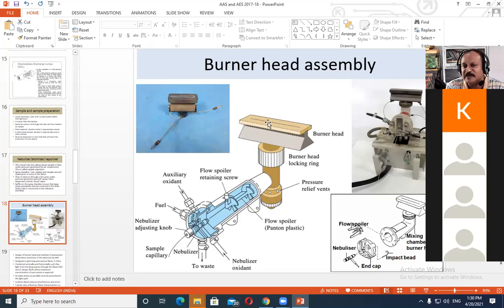Whatever sample atoms are coming here in the flame, they will absorb that radiation, and of course whatever is not absorbed will be detected by the detector. So the more the concentration, the less will be detected by the detector, and the more will be the absorption. The less the concentration of the metals, the less will be the absorption, and therefore more light will be detected by the detector. This part is exactly similar to UV visible and infrared spectrophotometry.